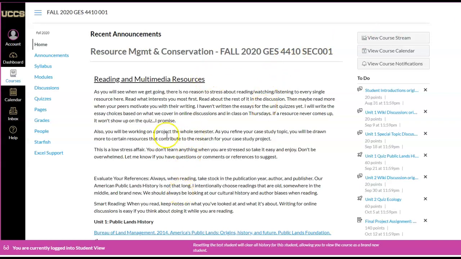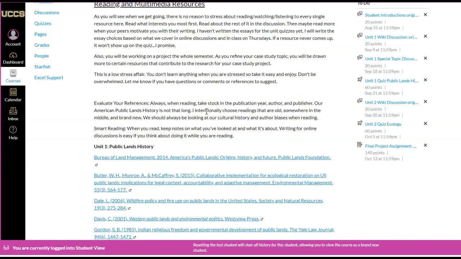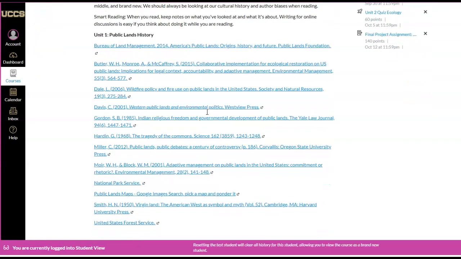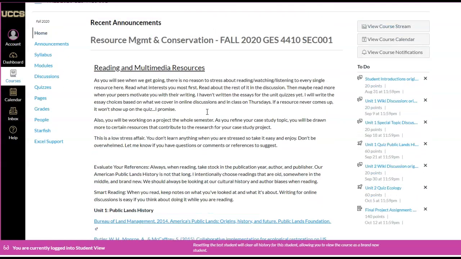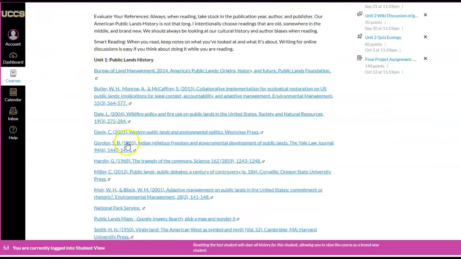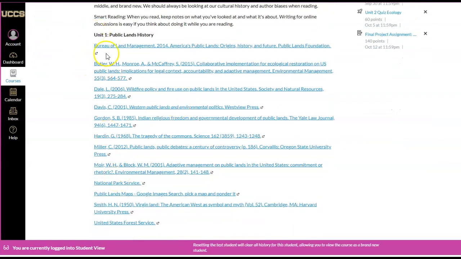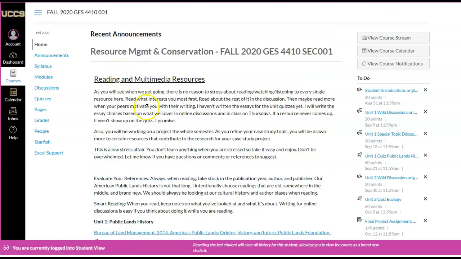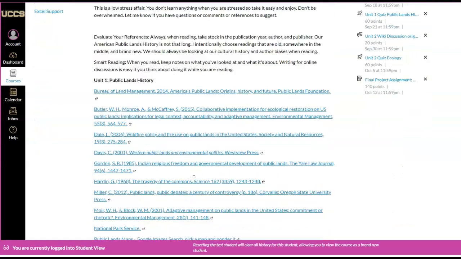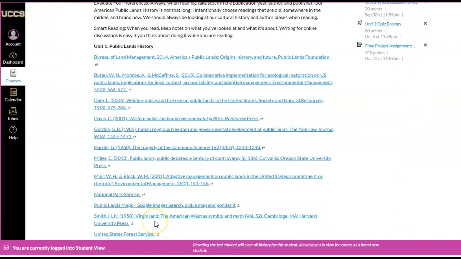Now I have right here the reading resources page on the home page, and I plan to do this for the whole semester. So you'll see the current reading will be at the top, and then I'll push Unit 1 down when we get to Unit 2. But it'll always be there, right on the home page, so you can see it. And I am striving to use freely available resources. So these are books and articles and websites, and there'll be videos, textbooks, etc., and they are all accessible by a single click.